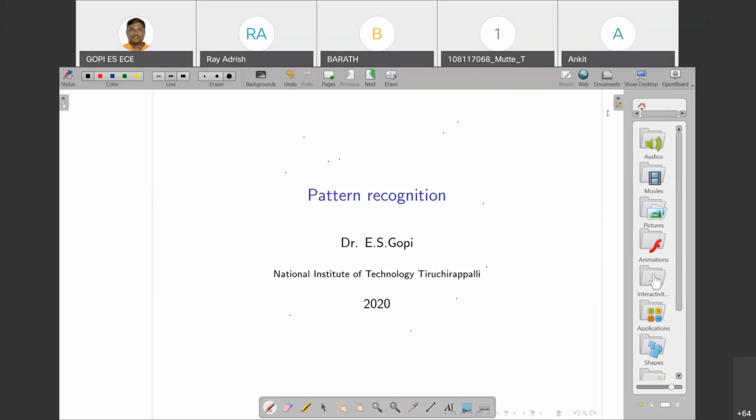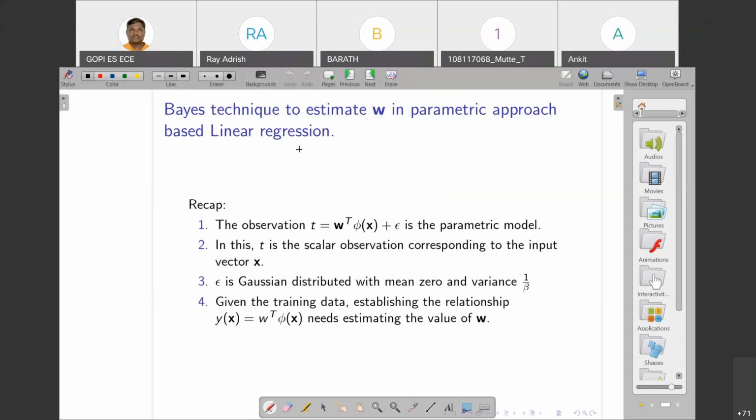We'll start now. We'll have a quick review on what we have discussed in the previous class. We were discussing linear regression. Quickly, we will recollect. So last class, what we discussed was regarding the Bayes technique of